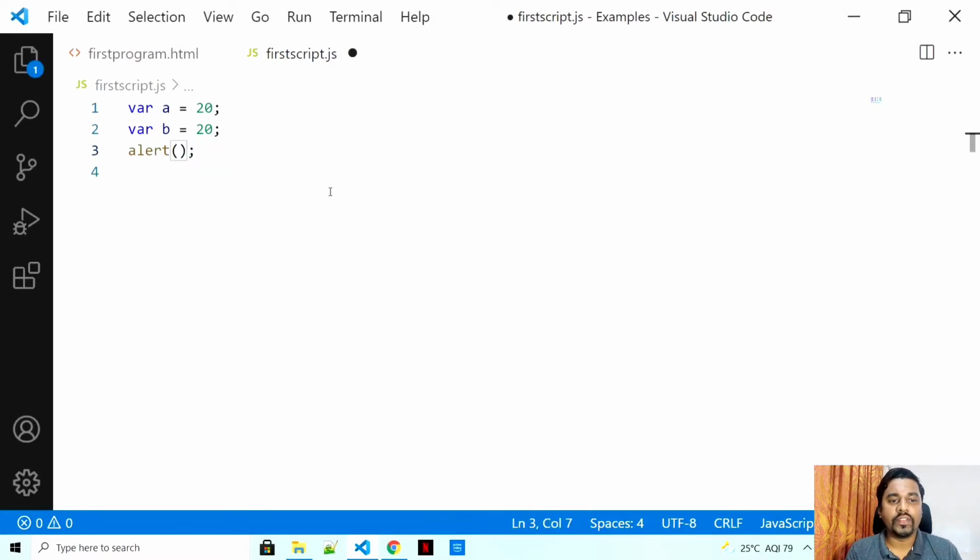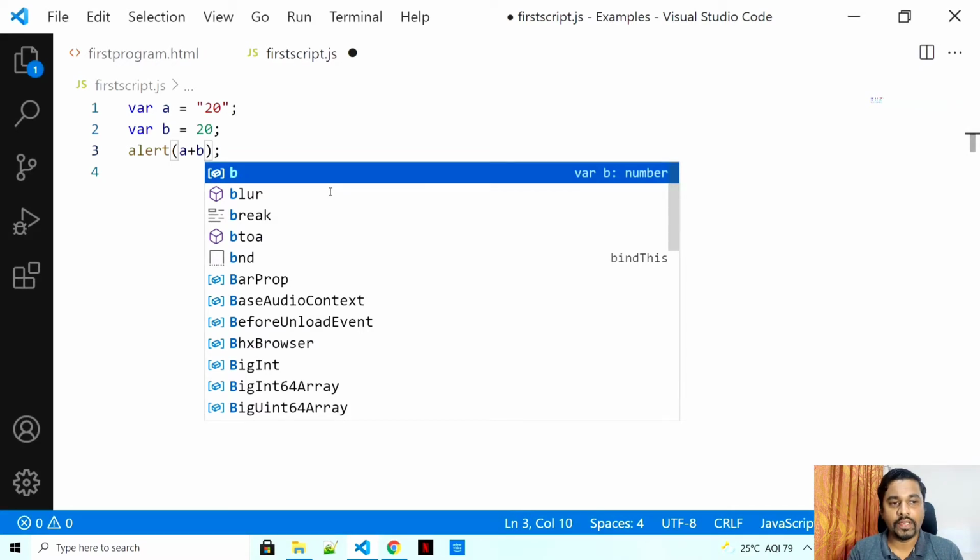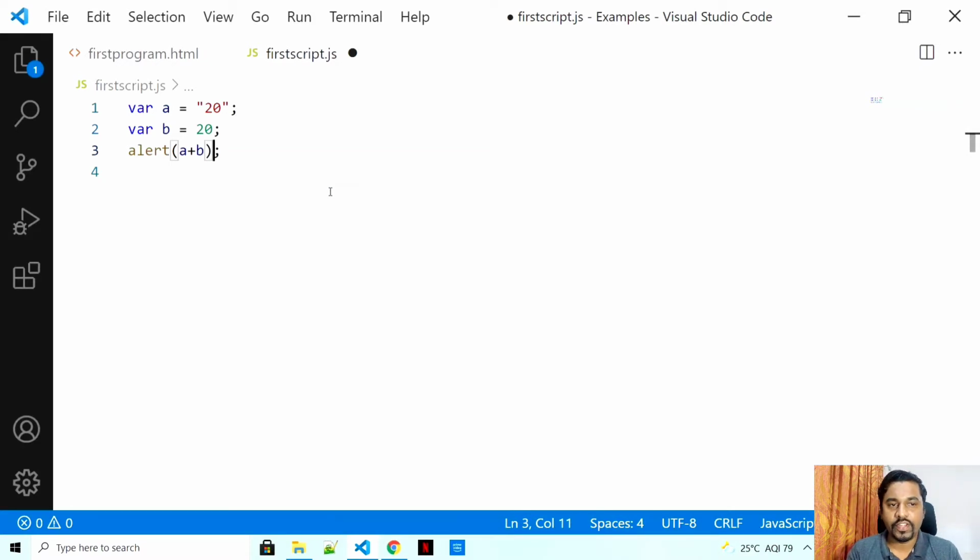Got it? I'll show you something which is quite interesting. Now tell me, what I did is A equal to inverted commas 20 and B equal to a number 20. Now A is a string, B is a number. What I try to print is A plus B. Now you just pause the video for a moment, think over it, I'll just save this, Control S. Think over it for a minute and tell me what would be the answer in the comments below. What do you think would be the answer before cheating and before watching the next step of our video? Press pause, think over it.